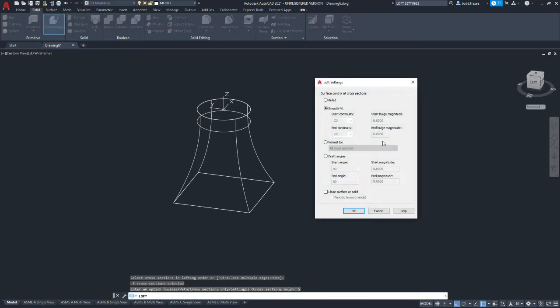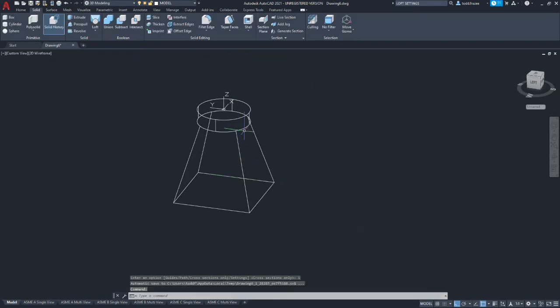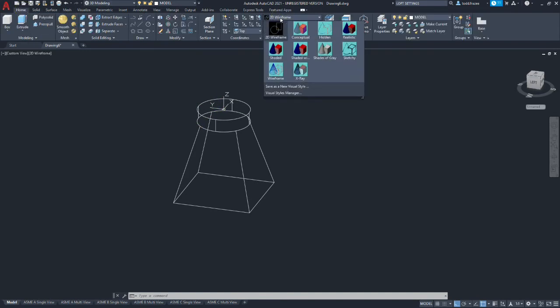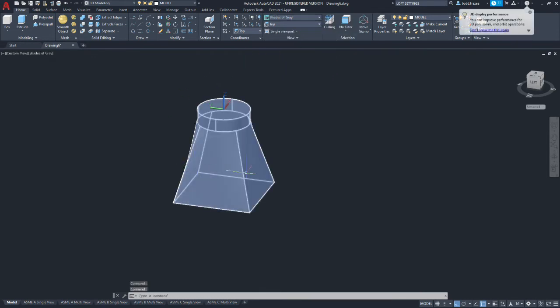We're going to pick on settings, and instead of doing a smooth fit, we're going to do ruled. Okay, so that looks relatively close, and let's go ahead and hit OK. Now, the ruled took it from being a curvature to straight transitions between each section. So you could literally put a ruler between the two sections at any given point and have a straight line. That's what ruled means. Now I'm going to go to shaded mode, and we're going to add shaded with edges.